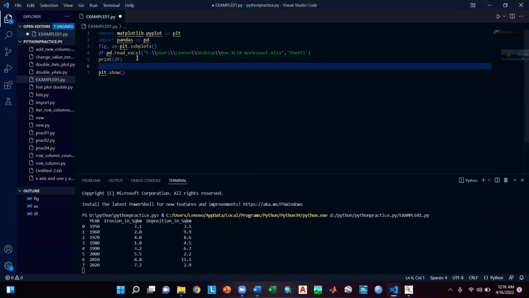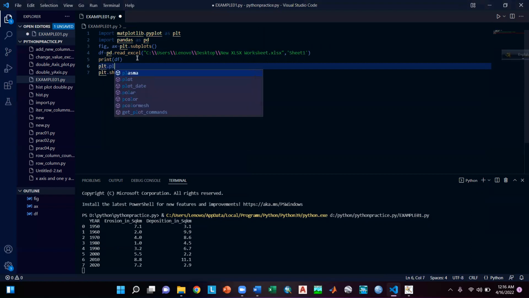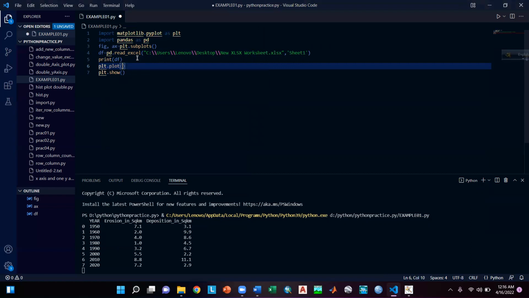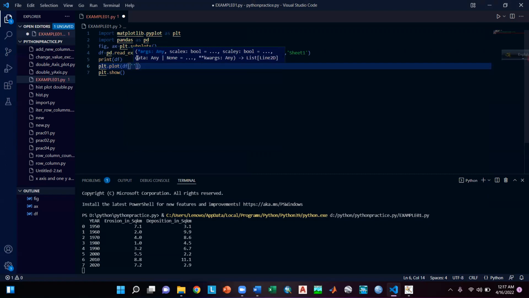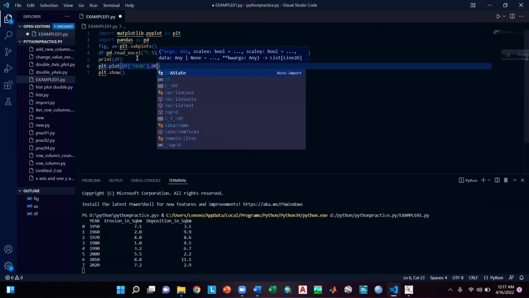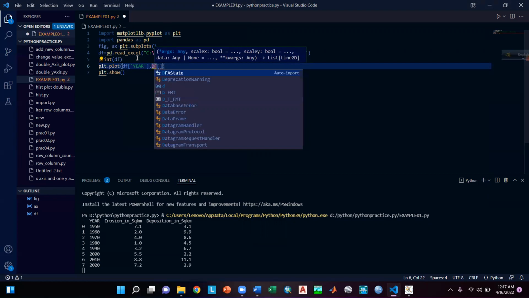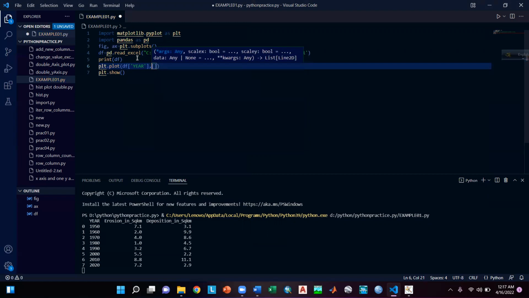So our Excel reading has been done. After that we will use plt.plot, then we'll give first bracket, write df, which was the variable name, we'll give third bracket, then I will write Year, will give the third bracket close, then again I will write df, and in third bracket, sorry, the df will be in small letter, and in the third bracket I will write Erosion